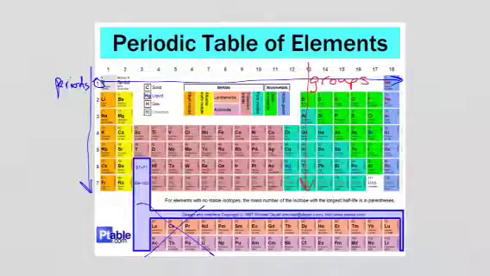Now periods, so in the case of period 2, where we have lithium, beryllium, boron, carbon, nitrogen, oxygen, fluorine, and neon. Those are the elements found in period 2, in row 2, right here, okay? All of these are in the same row because they have similar characteristics that make them all be in the same row. Just like elements that are in the same group, in the same column, all have similar